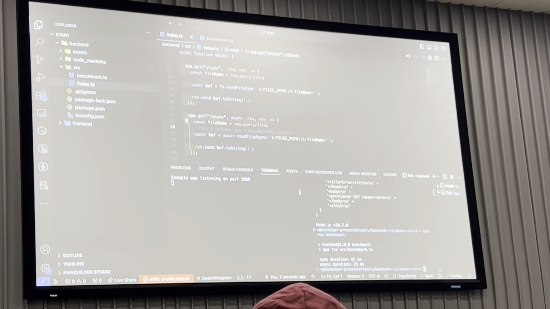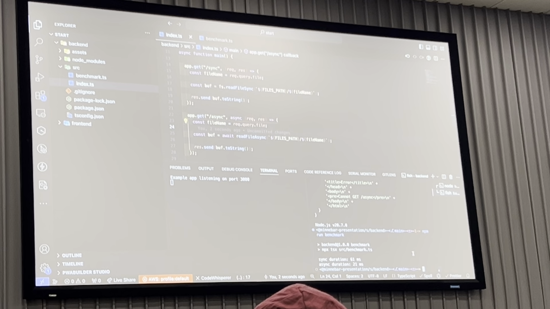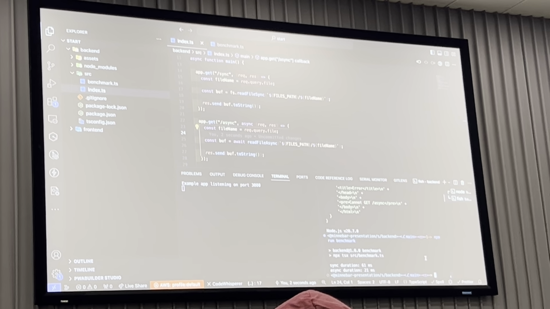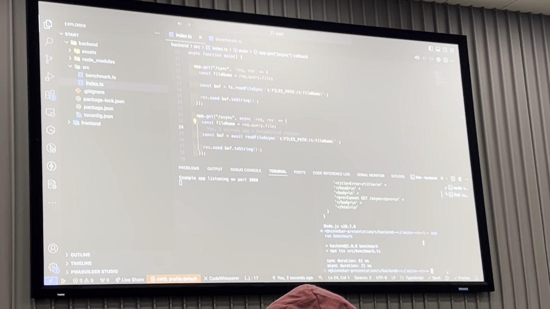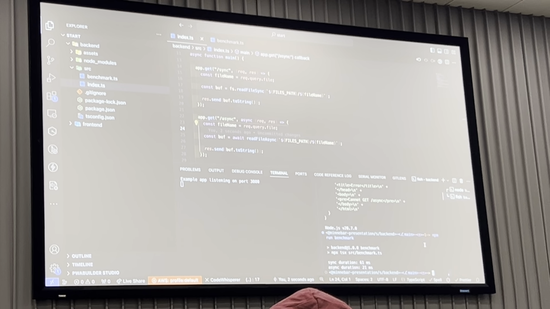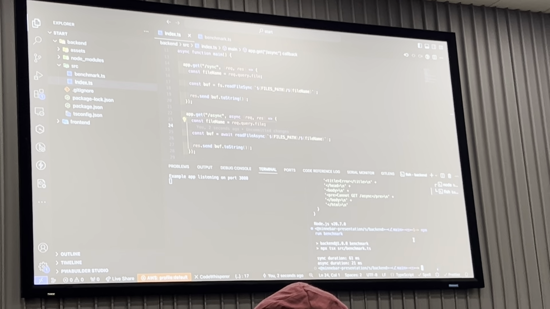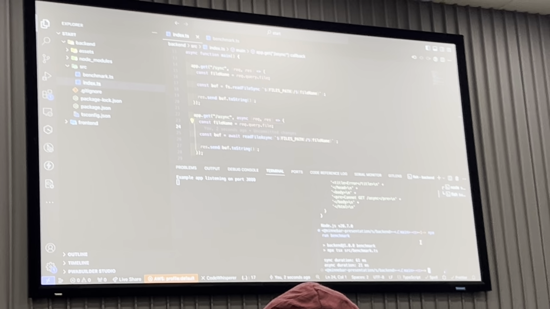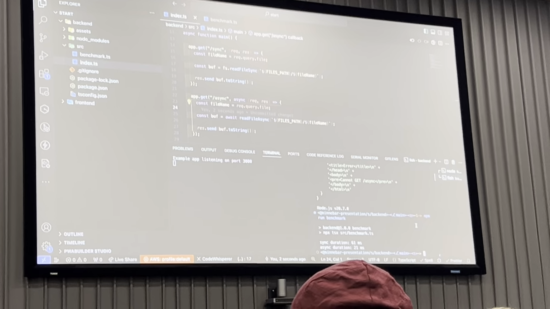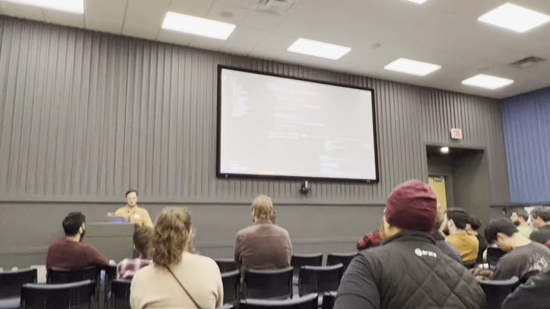As you can see here, the sync duration is almost 3 times as long as the async duration. So it's a clear performance gain to using the async approach here. This is a more common example, I guess. People probably use synchronous or asynchronous functions to deal with file I/O. But the other